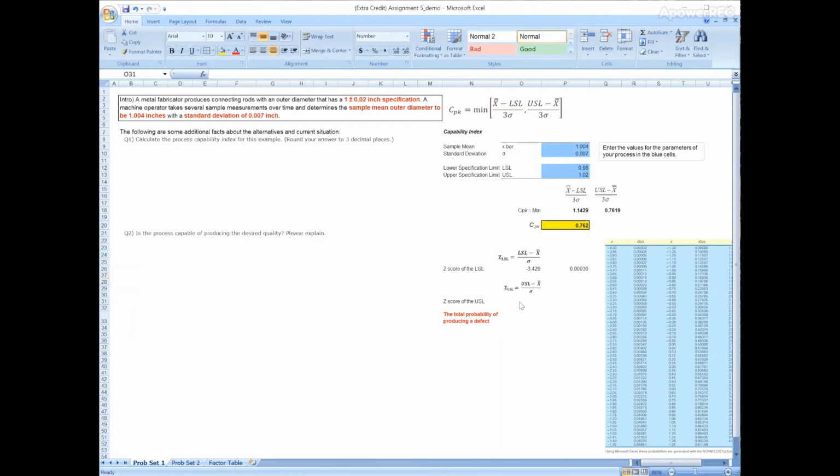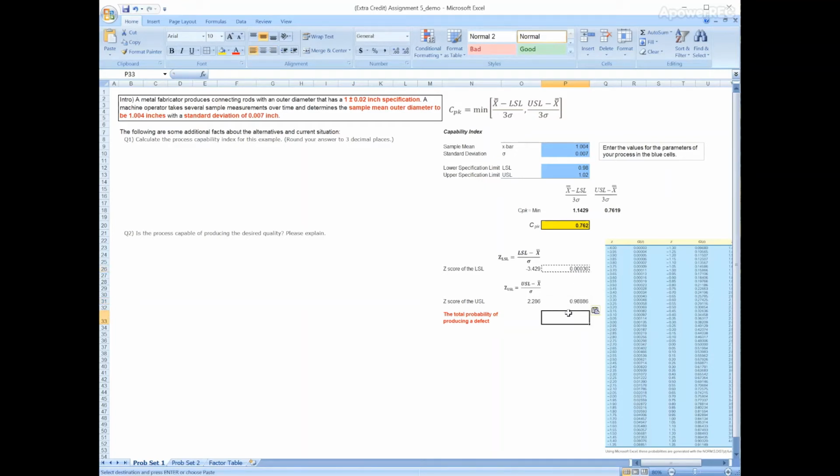Similarly, the z-score for the upper specification limit, USL, is calculated by dividing the difference between the upper specification limit and the process mean by the standard deviation. The z-score for the USL is the difference of USL, the upper specification limit, and x bar, divided by the standard deviation, which is 2.286. So using the NORM.S.DIST function, we get the result of the probability for the USL,